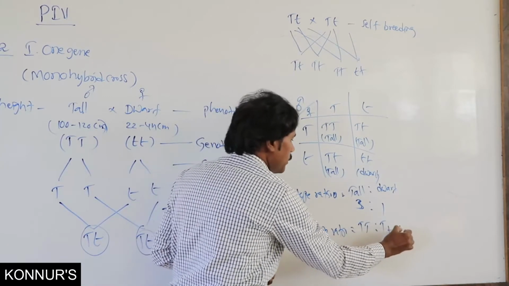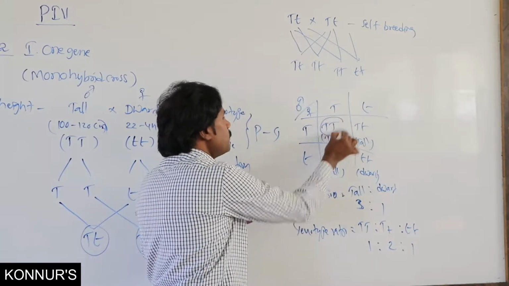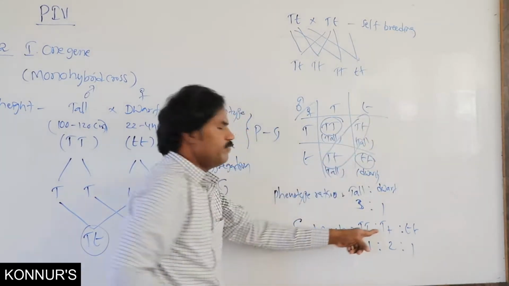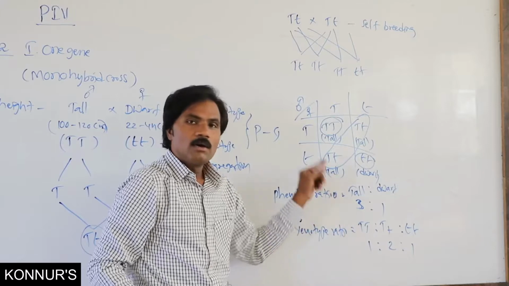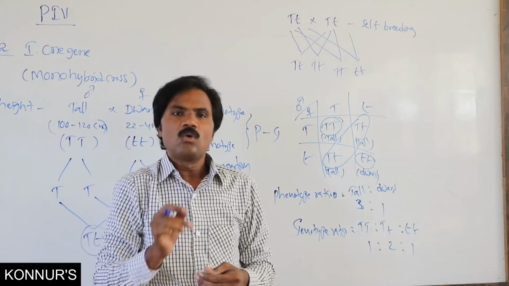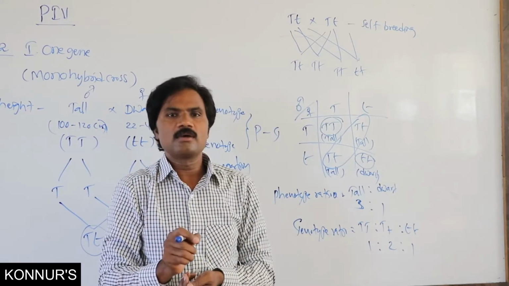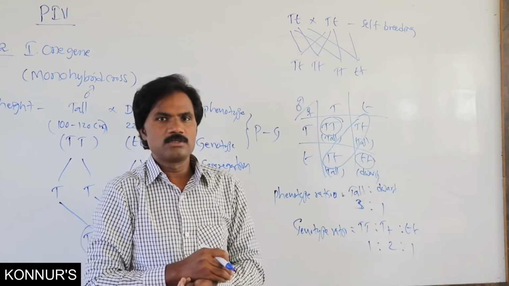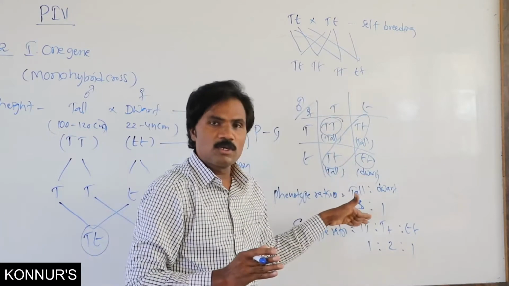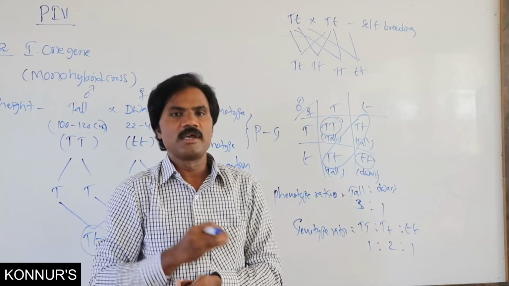Genotype ratio. Here, it is pure, and these both are heterozygous, monohybrid. So from the exam point of view, it is a very simple concept. What is the phenotypic ratio? 3:1. In a monohybrid cross, what is the genotypic ratio? 1:2:1. In this, he applied the law of dominance and the law of segregation.